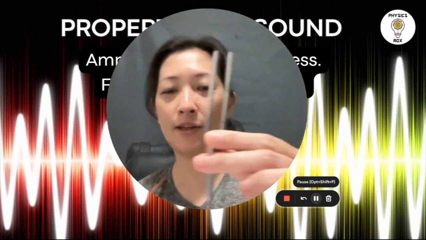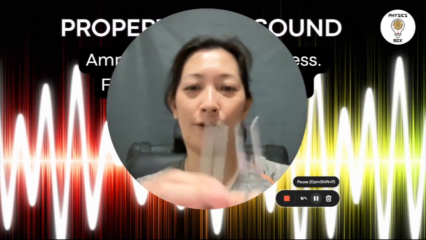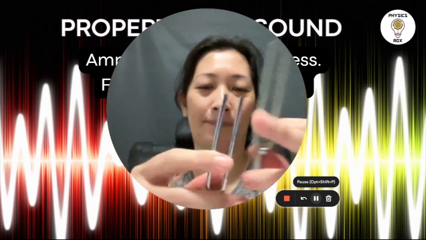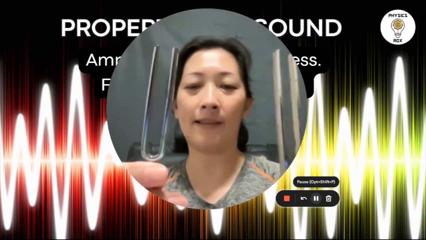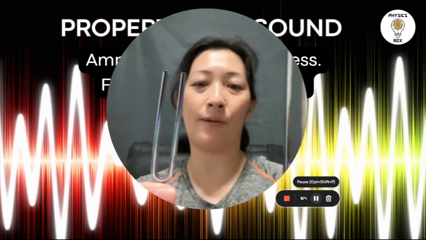So you've got this tuning fork and you've got this tuning fork. Let me swap it for your view. Okay, we've got the shorter one and the longer one. So these have two different lengths. So that means they have different frequencies. So when I strike it,